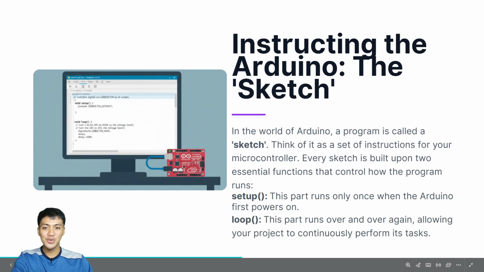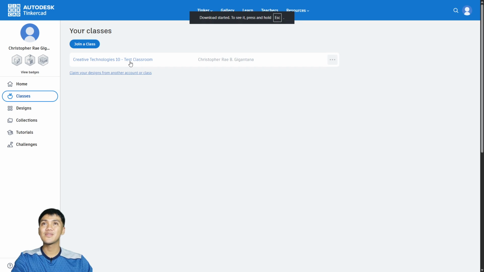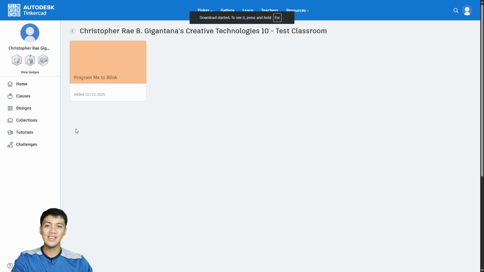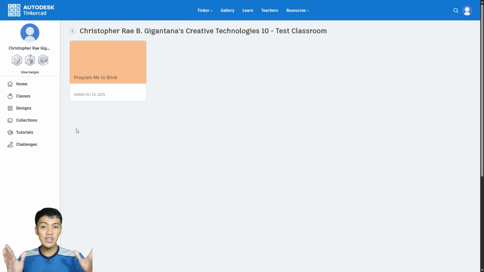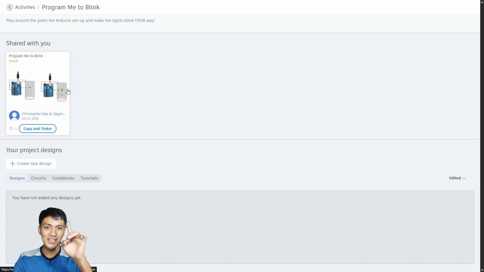Let me show to you our Tinkercad platform. Okay, so this is me acting like a student so that I can demonstrate to you what it looks like if you are on a PC or computer. If you are using a smartphone or a cell phone, it could be a different experience. And this will be our first